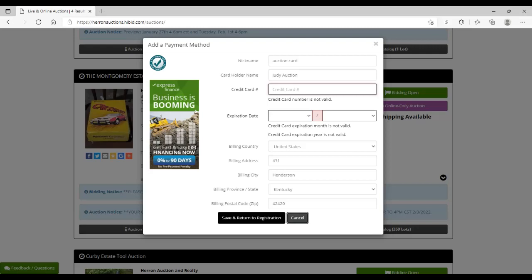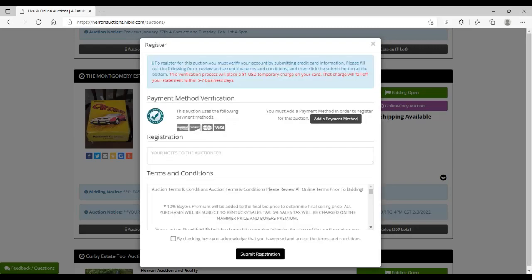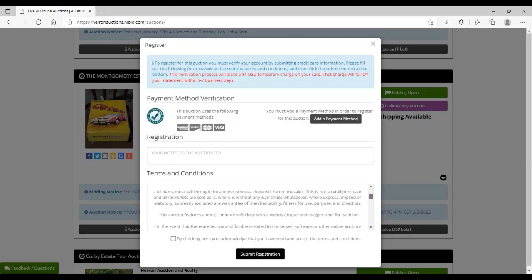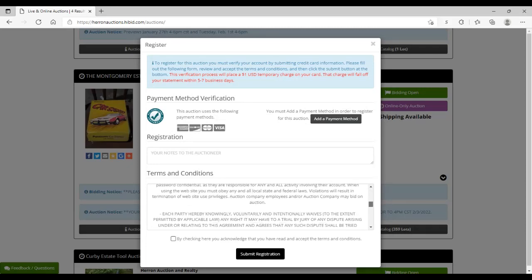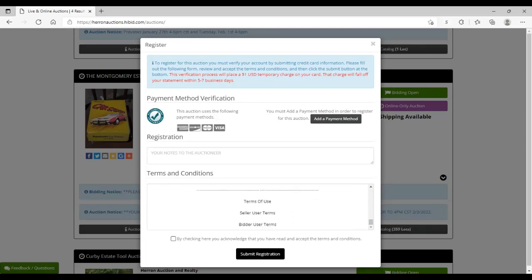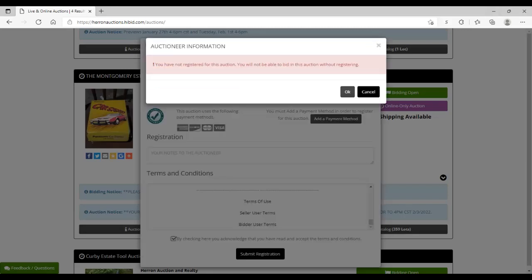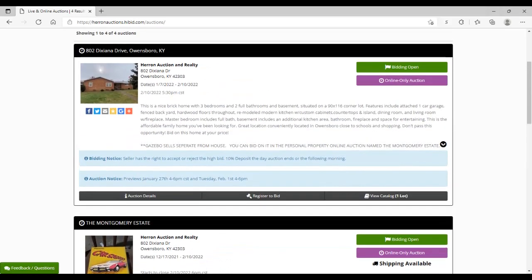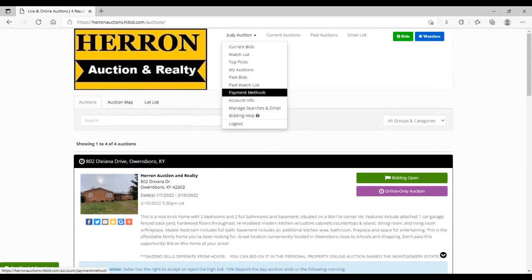We're going to cancel out of this, but as you can see, the terms and conditions, they are right there as well. You can scroll down, and then you would have to, by checking here, acknowledge that you have read and accept the terms and conditions, and you would hit submit registration, and then it would tell you that you are registered. It's not going to here because we're going to log out,